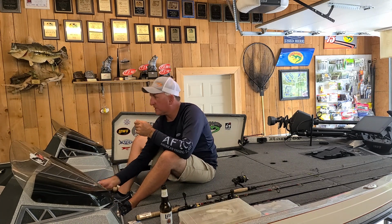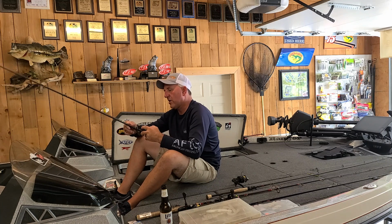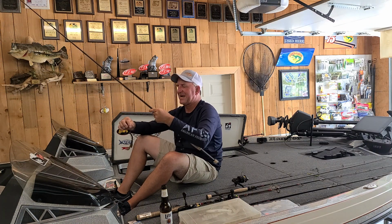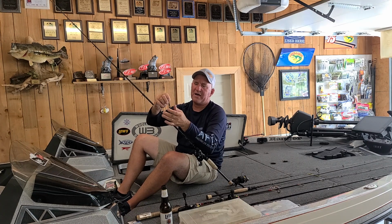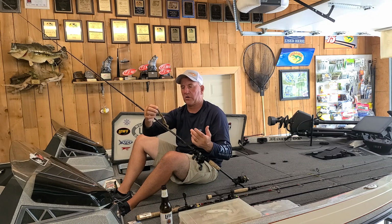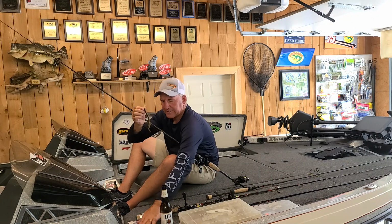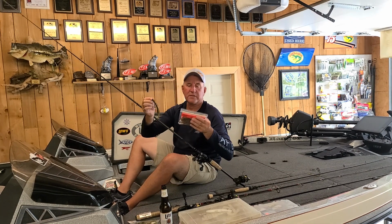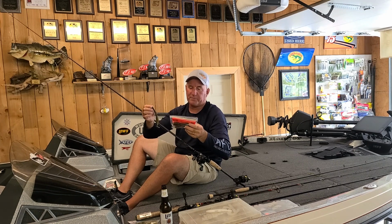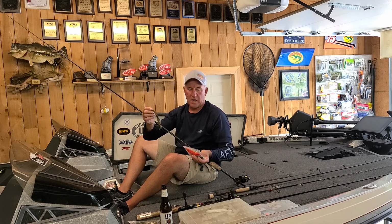Another bait we've been throwing, actually Denise has been throwing this a little more than me. A friend of ours, Dana Zander, kind of turned us on to it. It's this mid-sized brush hog. If you haven't seen it, they've had the full-size brush hog and the baby brush hog. Well, this one here is mid-size, and it says right on the package, mid-size brush hog. We're just throwing it in green pumpkin candy,